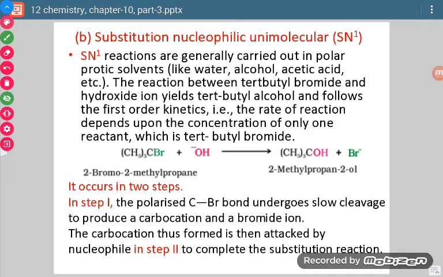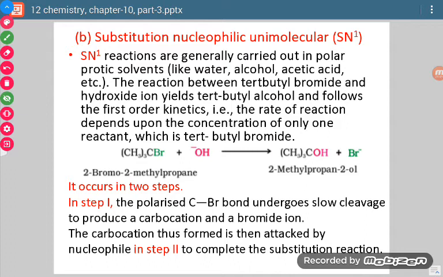Now third thing which differs is in that case it was a one step mechanism and concentration of both the reactants used to matter, but in this case it is a two step mechanism. Out of those two steps, one step is the slowest step, and we know according to kinetics that the slowest step is the rate determining step. So the slowest step only determines the speed of the reaction. Okay, so it is unimolecular nucleophilic substitution reaction, or we say it will follow first order kinetics. Rate of reaction will follow first order kinetics.